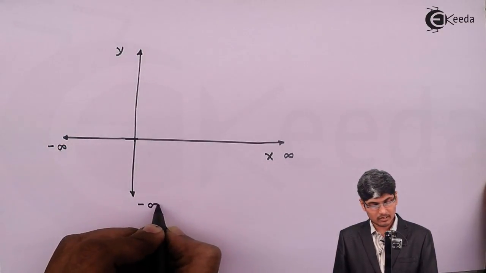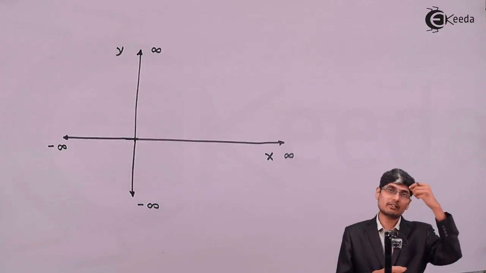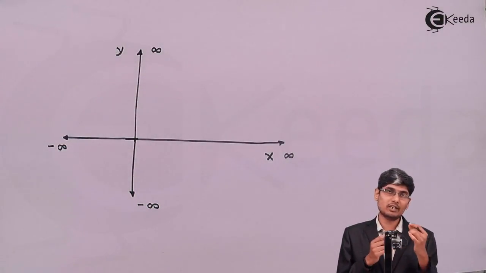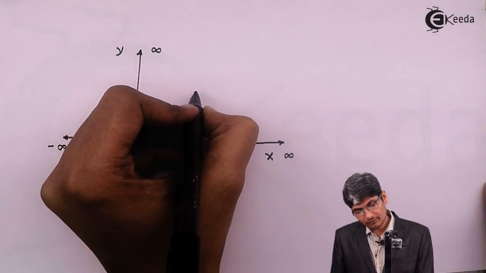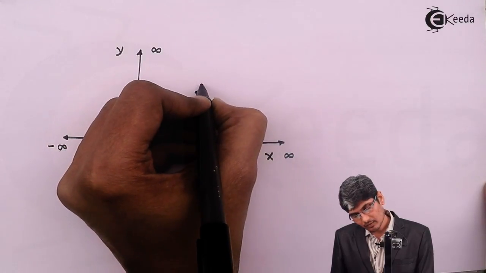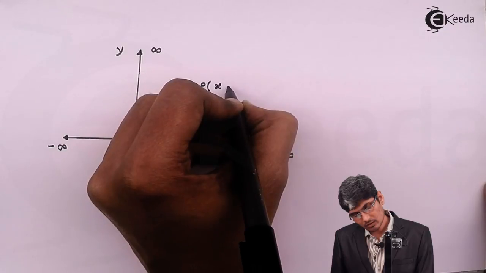Here also minus infinity to plus infinity. So this real line axis can extend up to plus infinity and minus infinity, and here minus infinity to plus infinity. And the point, if we denote it P, is given as, let's say, x comma y,